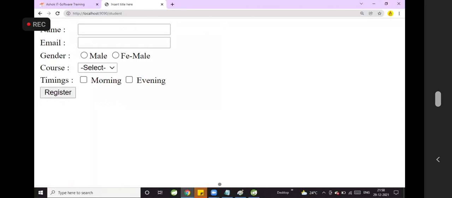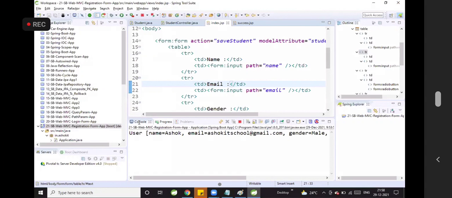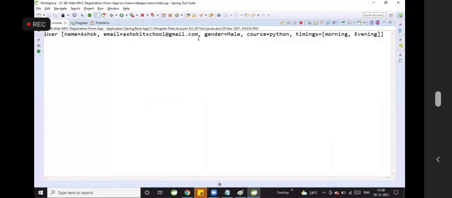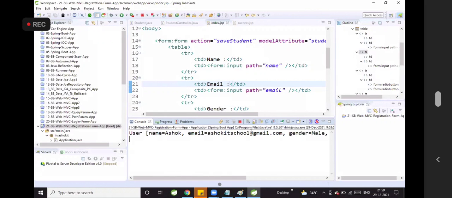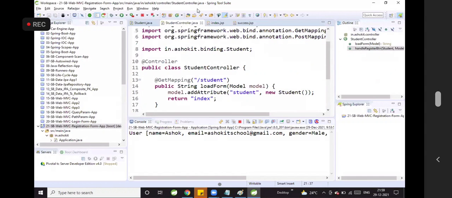Go back. See here, username Ashok, email, gender is male, course is Python, timings morning and evening. Alright guys, so this user data we captured from the form in the form of object. Are you guys done with this?